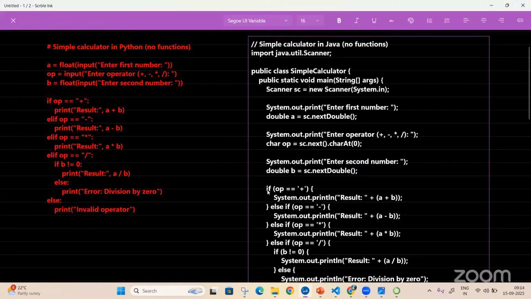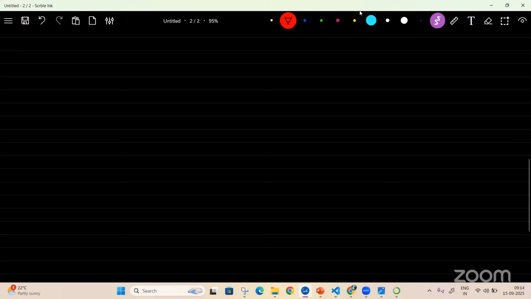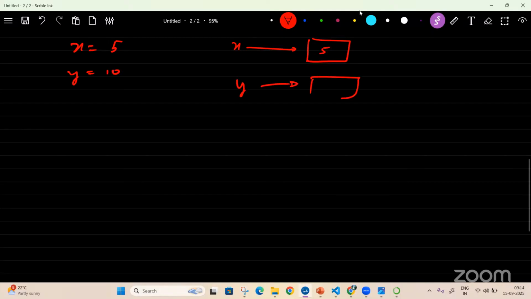Now, what is happening is, whenever I say x is equal to 5, x is assigned to a memory where a particular 5 is there. When I said y is equal to 10, y is assigned to a memory where 10 is there.